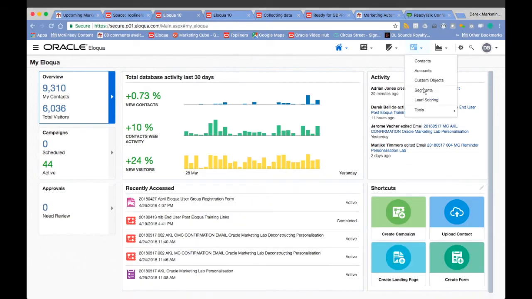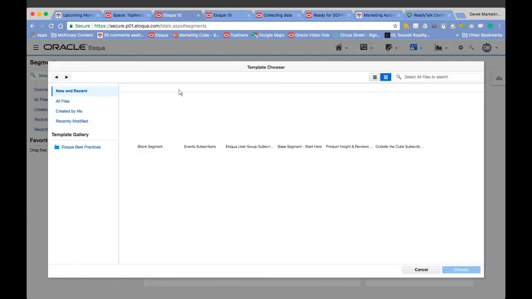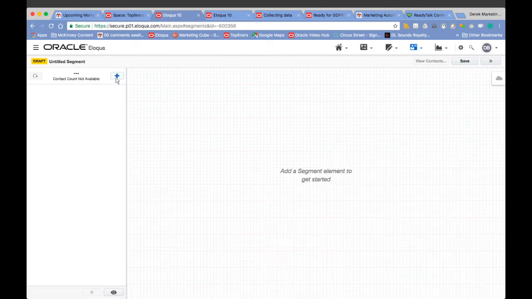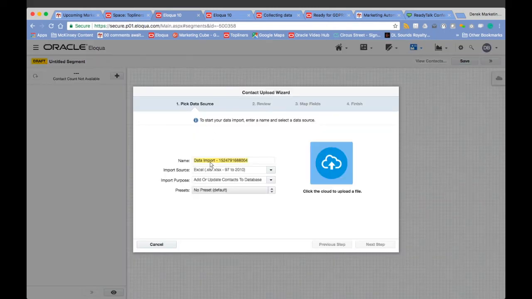And what I'll do is I'll just create a brand new segment. So we click on the Create Segment button. I'll just choose a blank segment for the purposes of this exercise. So I just double click on that. And keeping in mind, you always need to save a segment in order to see the numbers. But you'll notice when you click on the plus button, there's an option here to upload contacts. So when you click on Upload Contacts, I'd encourage you, the name needs to be unique,